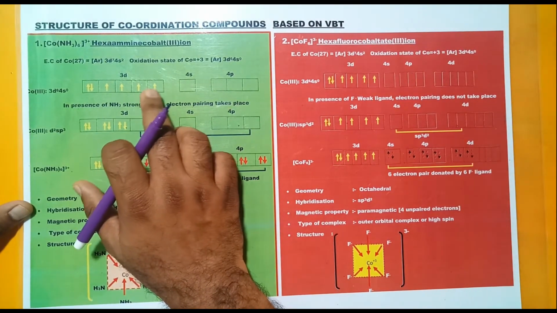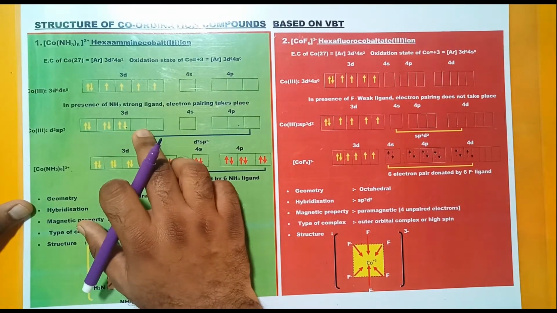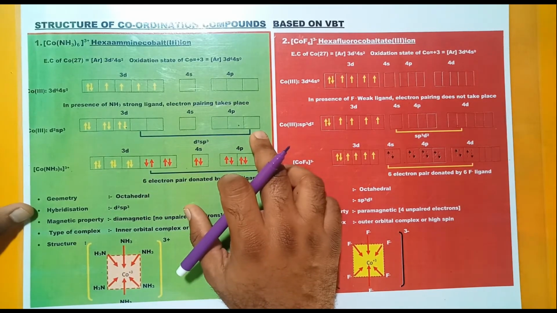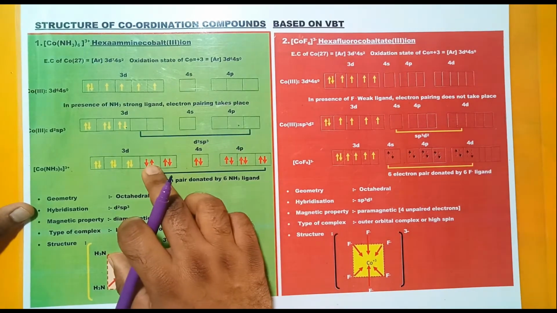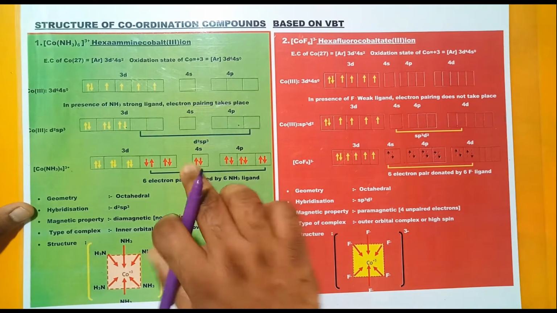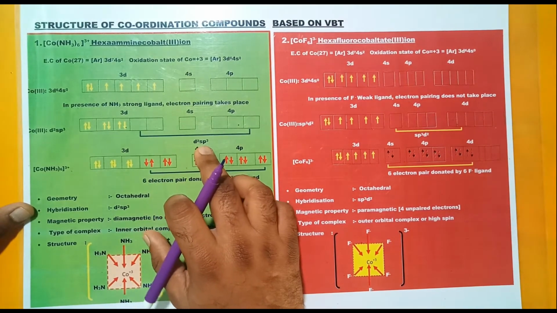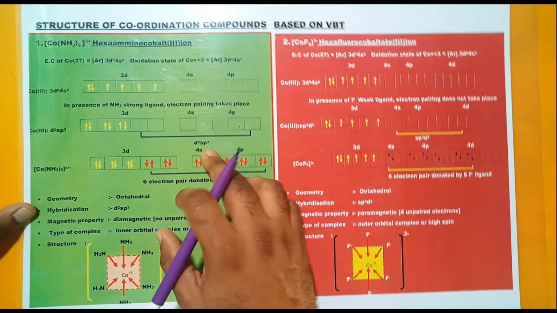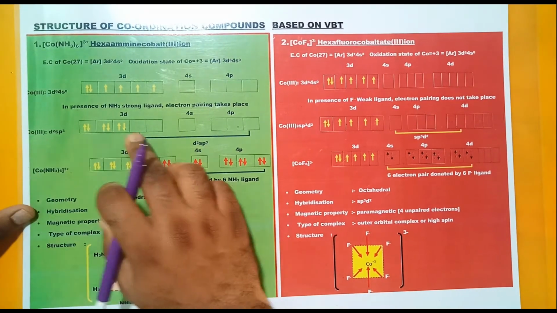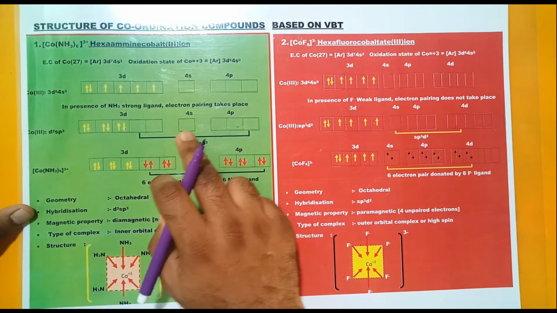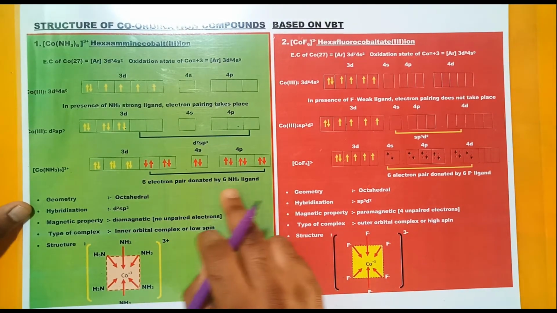So ammonia pushes these electrons to pair up. There are 2 vacant orbitals here, 1 in the 4s and 3 in the 4p. So ammonia donates its pair of electrons to these orbitals. These red electrons are the electrons donated by the ligands, that is, the 6 ammonia ligands. So this undergoes d2sp3 hybridization. Why d2sp3 hybridization? It utilizes the inner 3d orbitals of cobalt, 2 d orbitals of the 3d, 1 4s orbital and 3 4p orbitals. Totally d2sp3 hybridization. These are the electrons of ammonia.